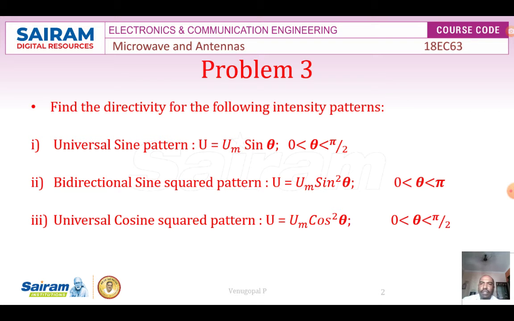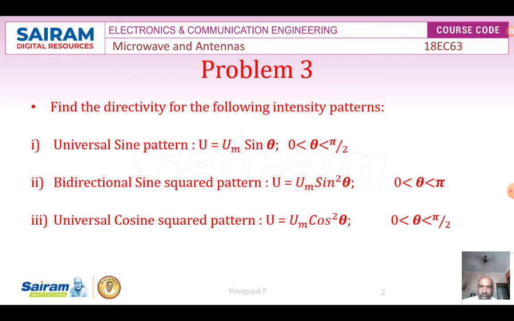So now we'll see how to find the directivity of the universal sine pattern U is equal to Um sin theta. Next is the bidirectional sine squared pattern. This is quite interesting. Guys, try to understand the problems like U is equal to Um sin square theta and U is equal to Um cos square theta. If you understand these two problems, sometimes they may ask you to show the directivity of the antenna D is equal to 2 into n plus 1